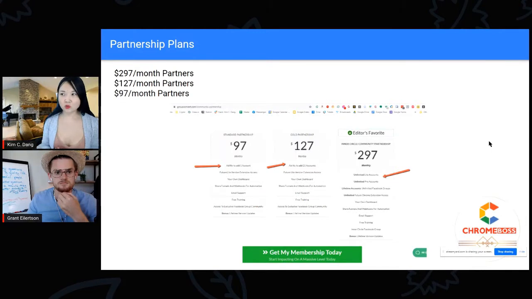And because we own so many extensions now, we have extensions that clone ClickFunnels pages that people buy the partnership plan for. We have extensions that let people run 5-day challenges. We have extensions that let them pull links from their Google Sheet. We have an extension that lets them hack ads.